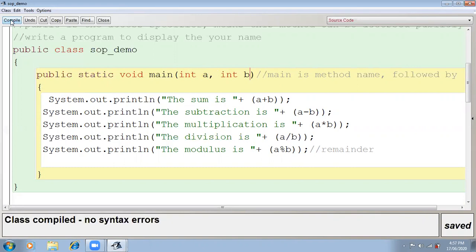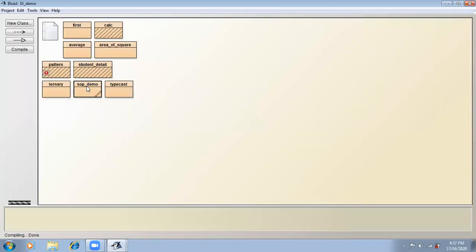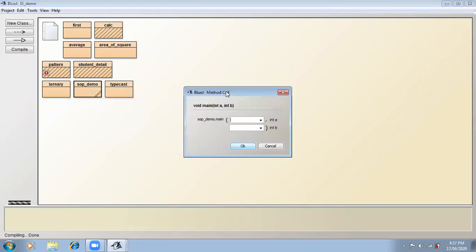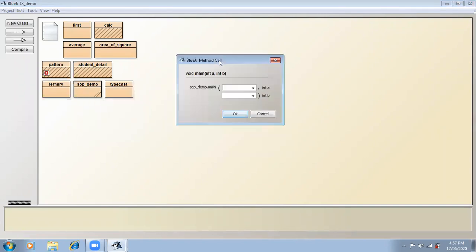See now, compile. And then after the compilation, see the output. Void main. See, this is known as your method call window.